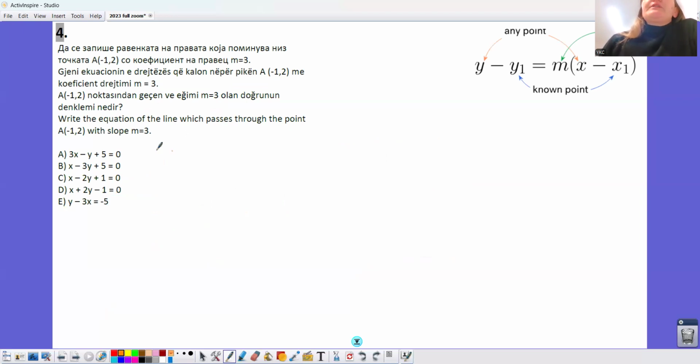Now the fourth question says: write the equation of the line which passes through the point A(-1, 2) with slope m. For this one, we have a formula for the equation of a line that passes through a point with a given slope. This formula here: y minus y1 is equal to m times x minus x1. x1 and y1 are the coordinates of the